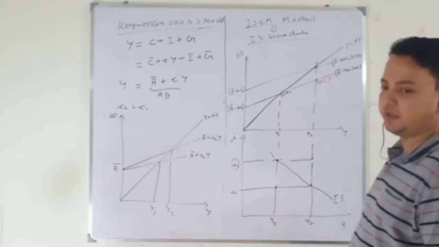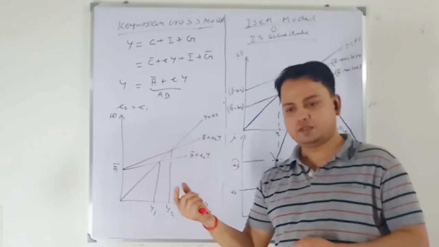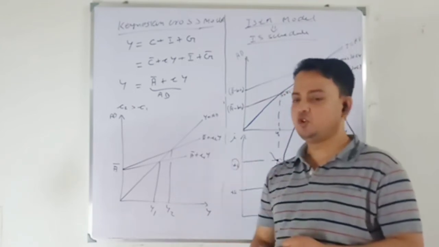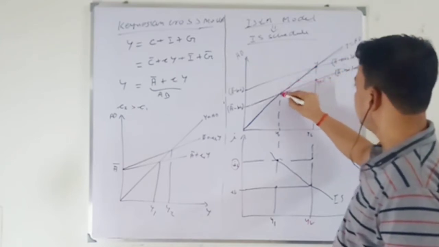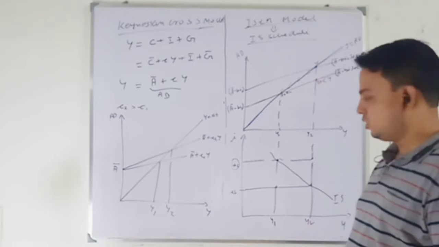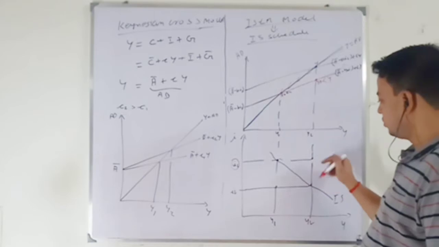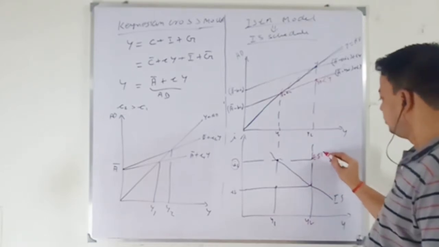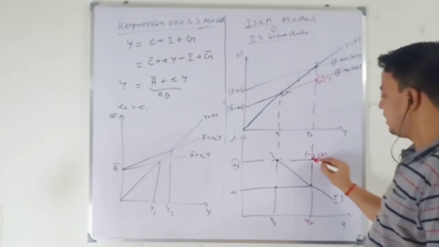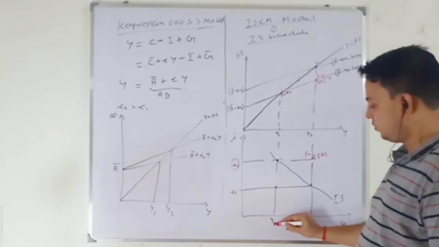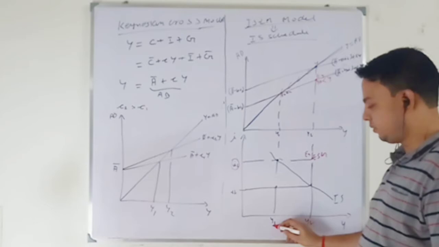So when my output is more than aggregate demand, what will happen? That means I am adding to my inventory, so next period I will reduce my production. Then I will reach the equilibrium Y1. So when my interest rate is I1, I cannot have income level Y2. At this point I have excess supply of goods, which I call point E4. So my output will reduce, and I will achieve the equilibrium income level of Y1.